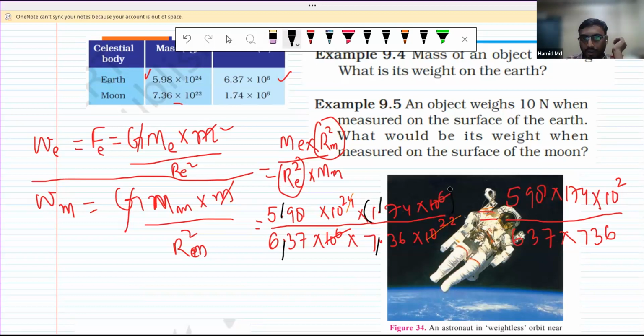This is squared, right? Yeah, this is squared. And 6.37 into 10 to the power 6 is square. Our next one is 7.36. No, no, 6.37. This is squared. So again, this,